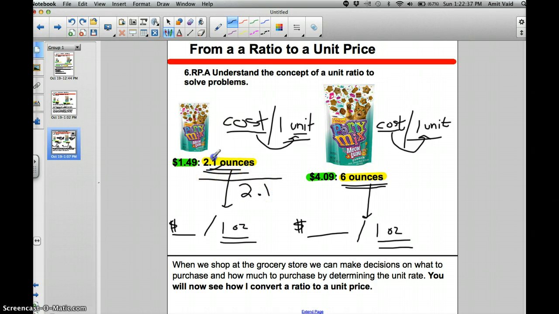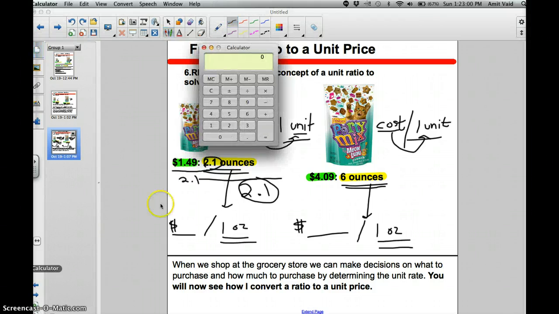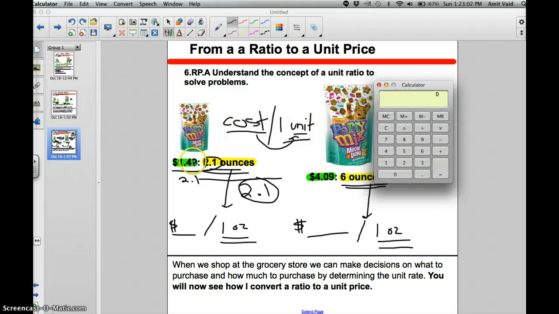So 2.1 divided by 2.1 equals 1. What I do on this side of the ratio, I have to do on the other side of the ratio. $1.49 divided by 2.1. I'm going to divide $1.49 by 2.1. The reason I'm dividing $1.49 by 2.1 is because that's what I did on the other side of the ratio. So $1.49 divided by 2.1 is